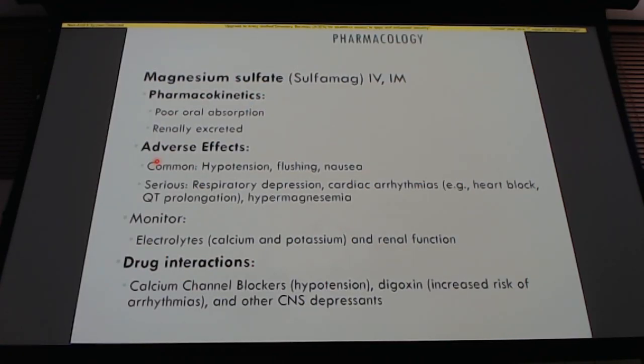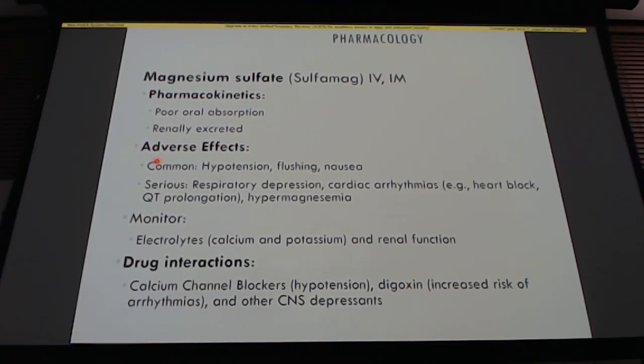You see our adverse effects, more flushing, just like we talked about. We looked at our adenosine. You can have some more of that respiratory depression if you give too much of it. Now I've shot my magnesium up too high. Monitor those electrolytes, monitor that renal function to make sure that that drug is not causing any other problems,